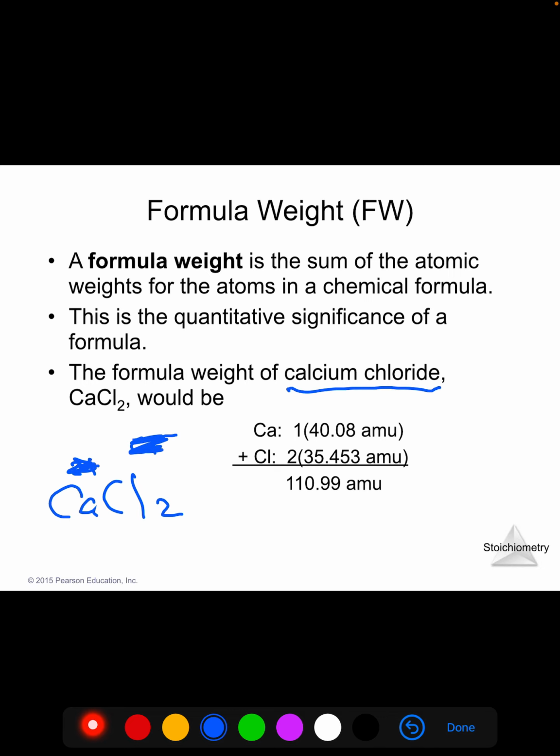And calcium, if you look in the periodic table, has an average atomic mass of 40.08. Chlorine has an average atomic mass of 35.453. I might have mentioned there are two main isotopes of it in approximately equal amounts, and so we get this kind of